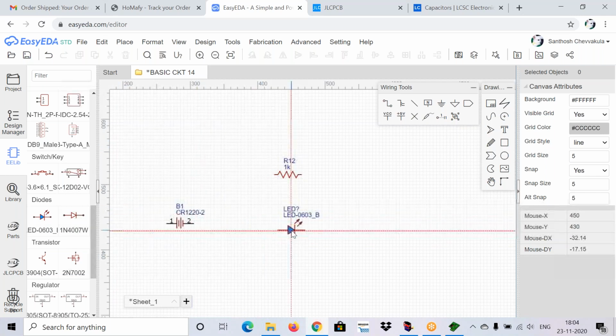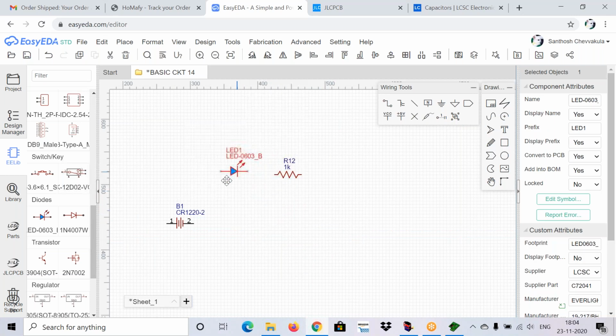Just take it and place it on the workspace or the project area. Now if you want to drag the components, you can directly select the component and drag it. And if you want to rotate the component, just select the component and click on R or space bar. If you click on R button, it will rotate, or else you can click on space button also for rotating the components. Okay, now place the components as you want.